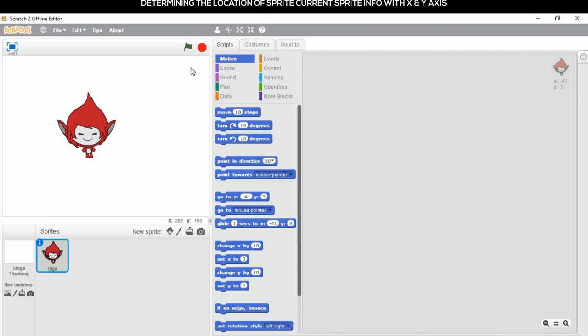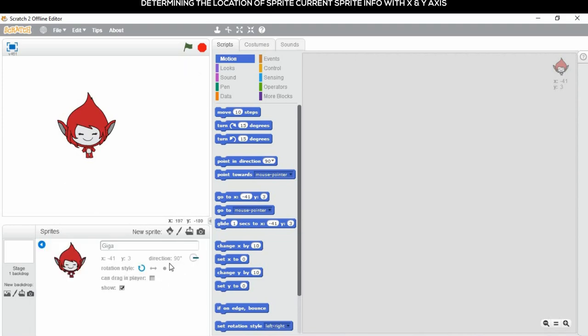Now we are going to see about directions. We can change the sprite in various degrees. It may be 90 degrees, plus 90, minus 90 or plus 180 degrees. If the direction is 90, then it is facing the right side. If the direction is minus 90, then it is facing the left side.